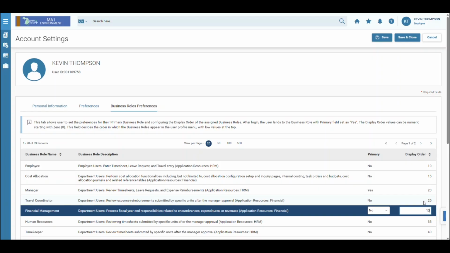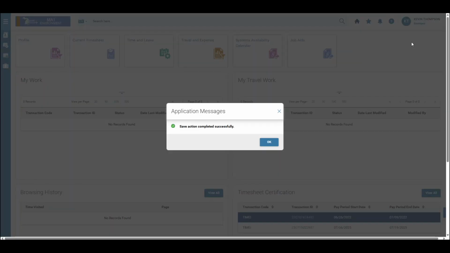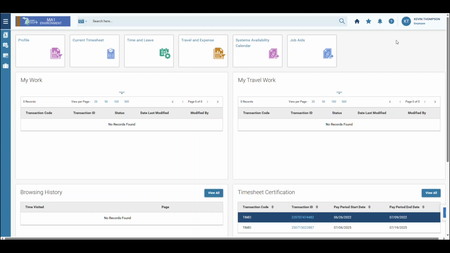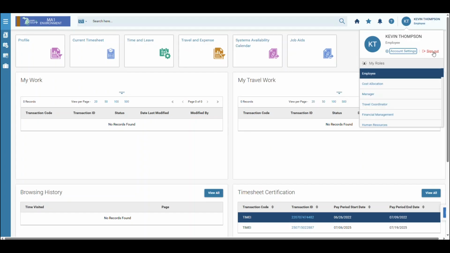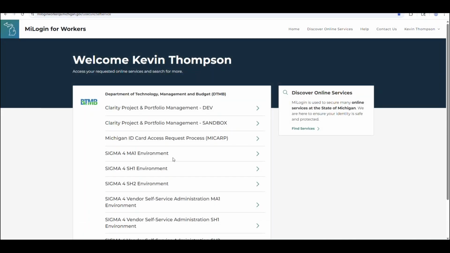Now that I've made my updates to the default and display order business roles, I'll go ahead and click Save and Close. And the save was completed successfully. So I'll go ahead and sign out. And then once I sign back in,